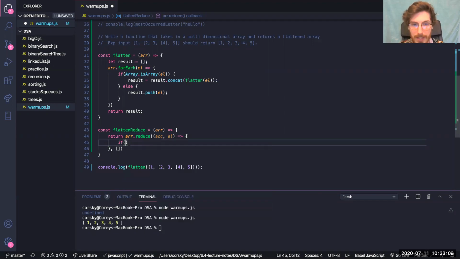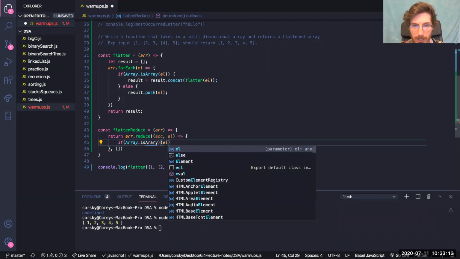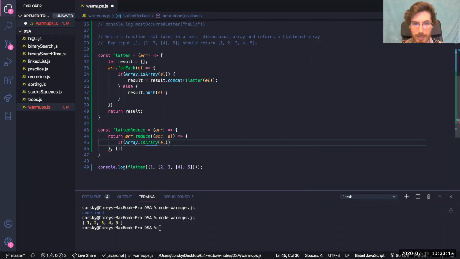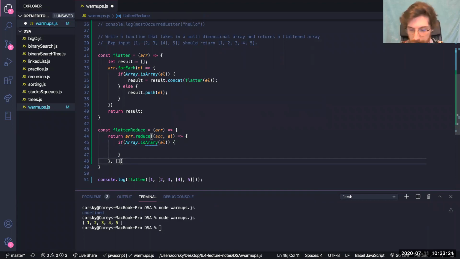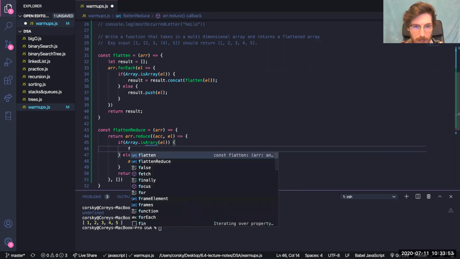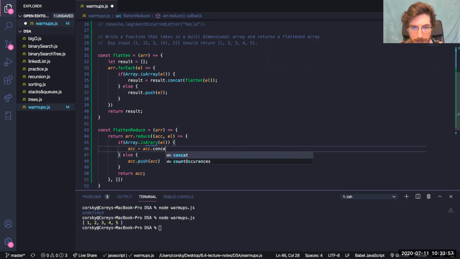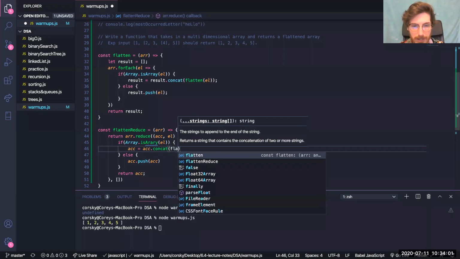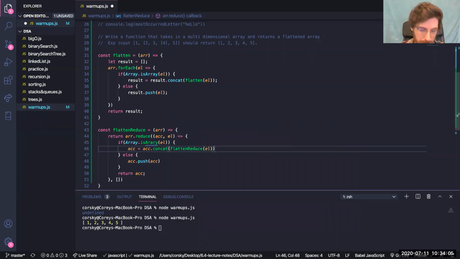And if we're doing that, it's the same type of thing. So we would say, hey, if Array.isArray of our element, right? If this is an array, we'll do something. And it's going to be the same something as we did before. Else, instead of it being our result, we'll just push it into our accumulator. And because reduce updates the accumulator to be the return value of the last reduce iteration, we have to return our accumulator to make sure that we get to keep the work that's being done. Otherwise, we can just call it again on our element. So we'll say accumulator equals accumulator.concat of our flatten reduce of our element, right? And that should also